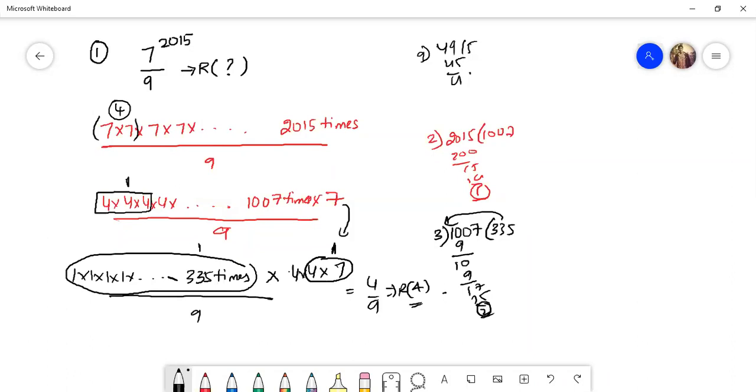If somebody is asking me which method is preferable, I'll always prefer both of them, because whenever I find it difficult to solve the question, if positive is difficult, then negative will be easy. If negative is difficult, then positive will be easy. And it is for the entire steps. At any step, if I find it difficult using positive, I'll switch that step only to the negative remainder concept. It is not that I stick to the same method throughout the question. If you have a great idea about both positive remainder and negative remainder, you can switch between these two from step to step. For each step, you can actually change it.